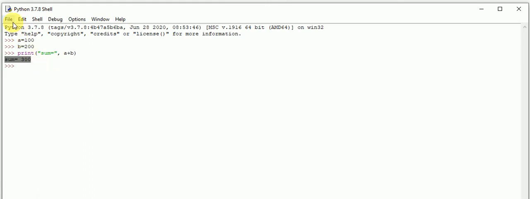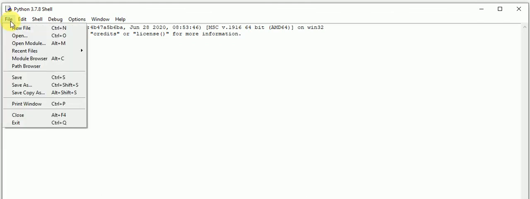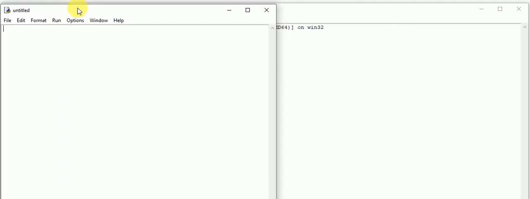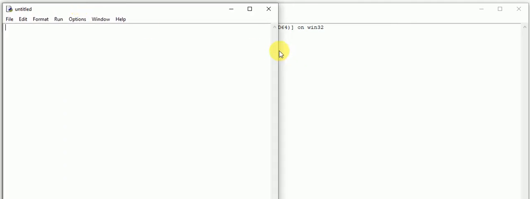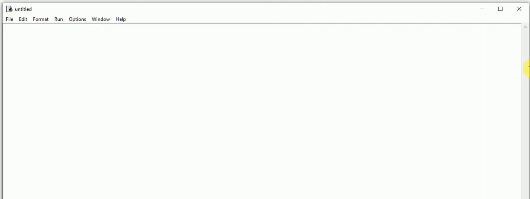Now if we talk about the batch mode, to start it we have to click on File, and in File click on New File. As we click on New File, we find one file. That mode is known as batch mode.